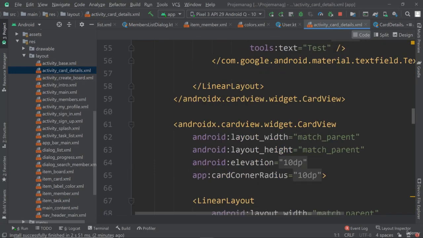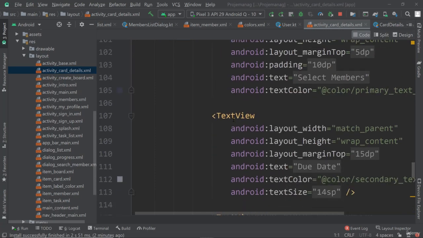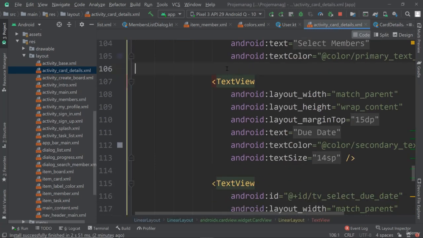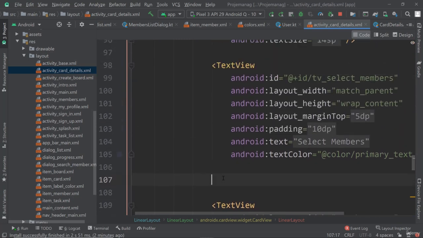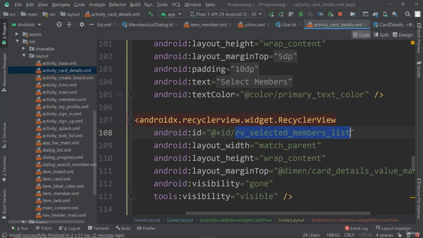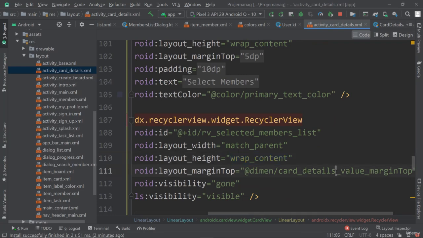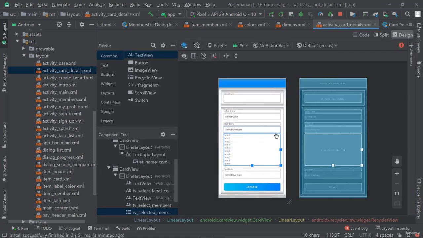So just underneath it, I will add a little recycler view. Okay, so here on top of due date, underneath our select members, that's where I will put this recycler view that you can see here. All right, so it's this one here. RV selected members list, match parent in width, wrap content in height, use the dimension card details value margin top that we have used before, and visibility is set to gone and tools visible is set to true. So you can see now this is the recycler view that we want then to have. And then I want it to have a specific look,